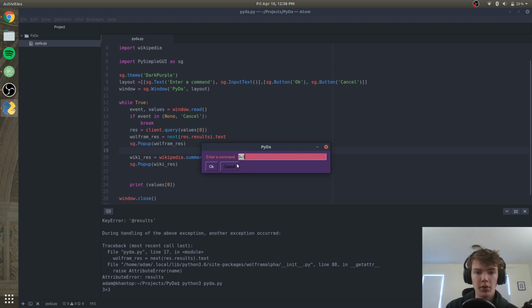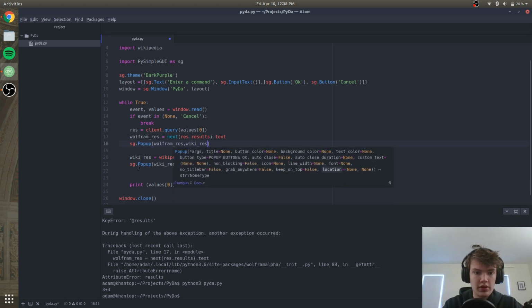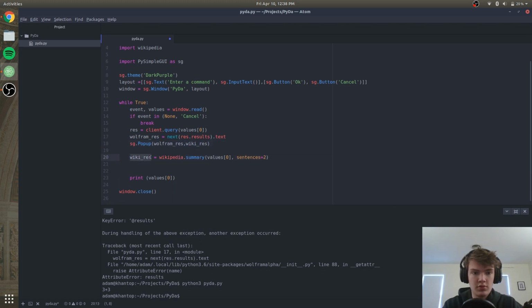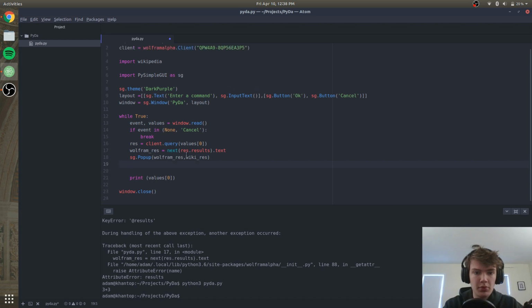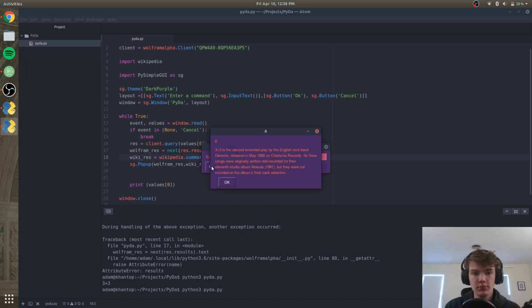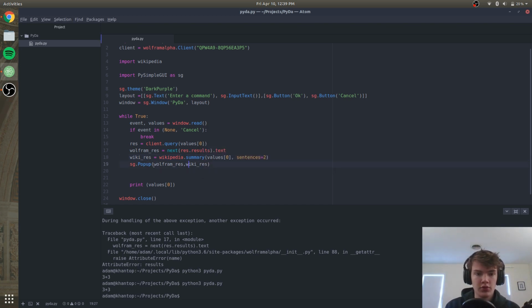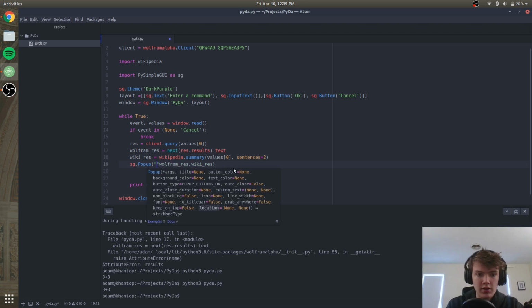Can we get both of the pop-ups to pop up at the same time? That'd be kind of cool. Let's try this. Let's see if we can put both information into one pop-up. Oh, it works just like that. Okay, that's awesome. So we could say something like